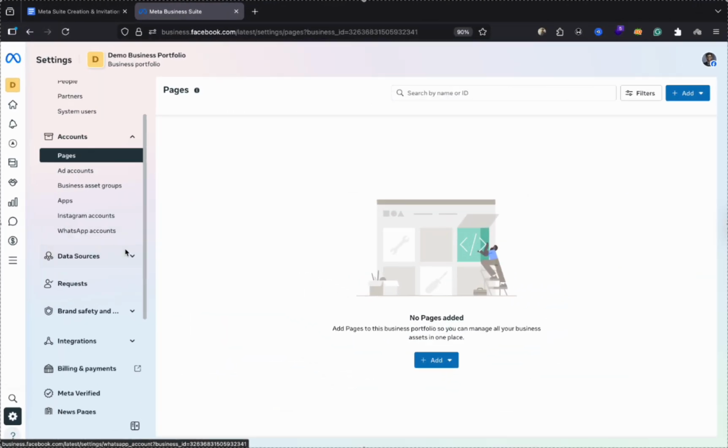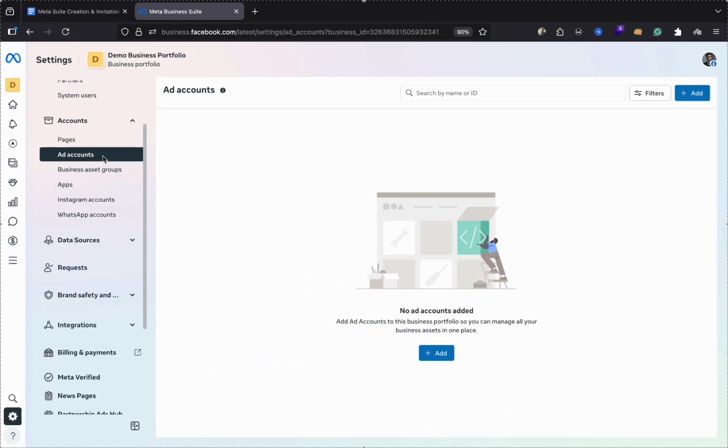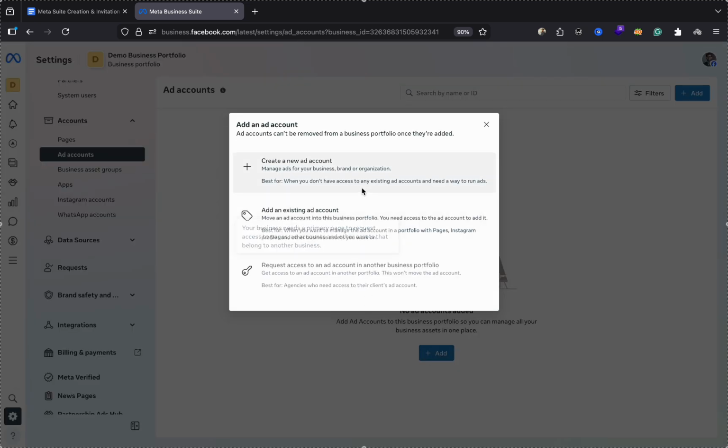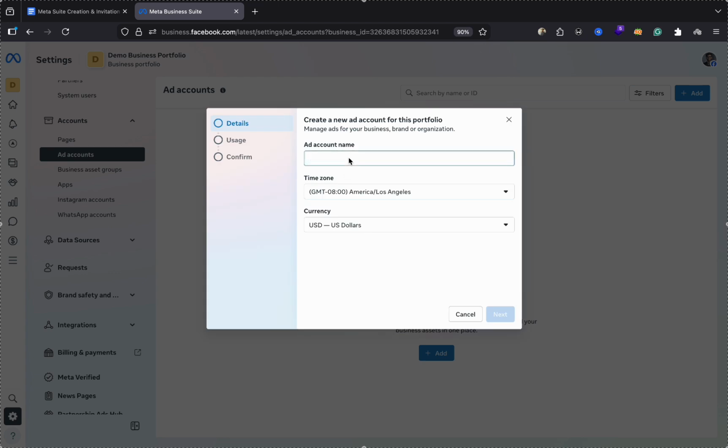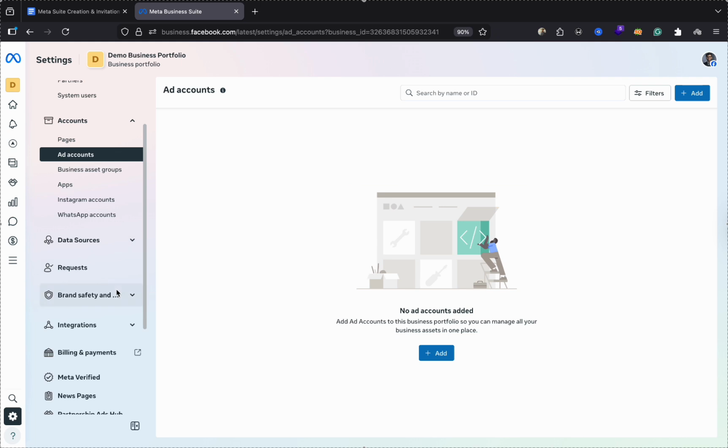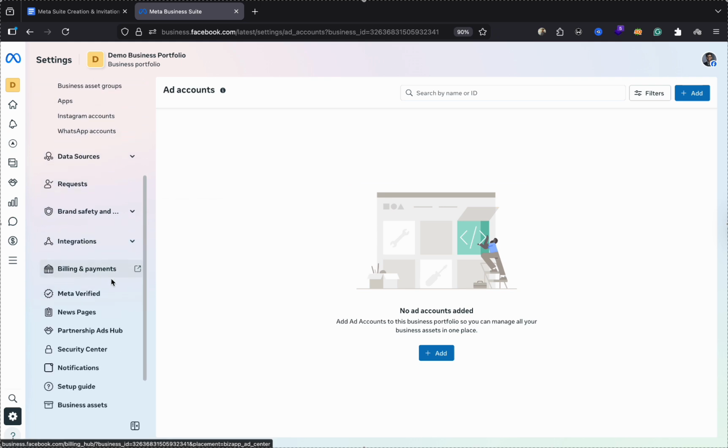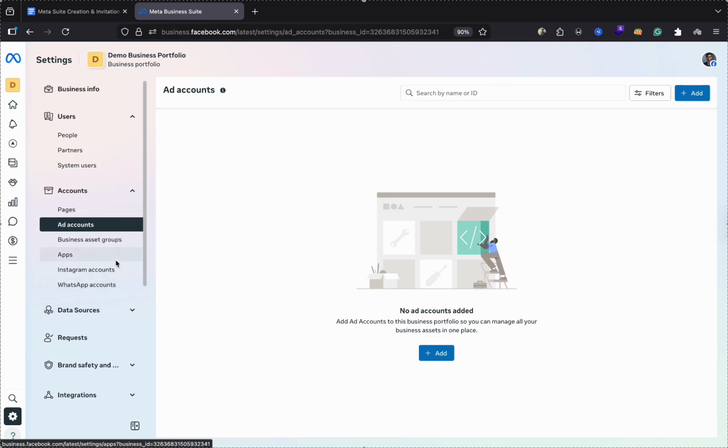Okay, so after that you need to add an ad account. So this ad account will be used to run ads on the previously added Facebook page. Okay, so you have to create an ad account. You can name it and you have to follow the step-by-step process, and this is very straightforward as well. And after creating that, you have to put your billing and payment information. You can add your credit or debit card there,